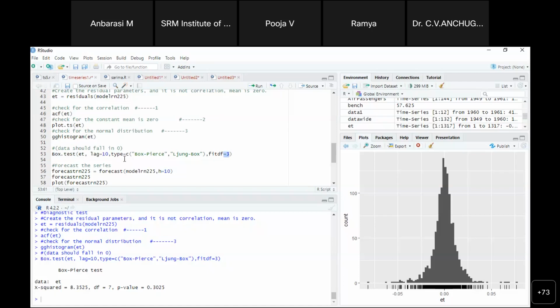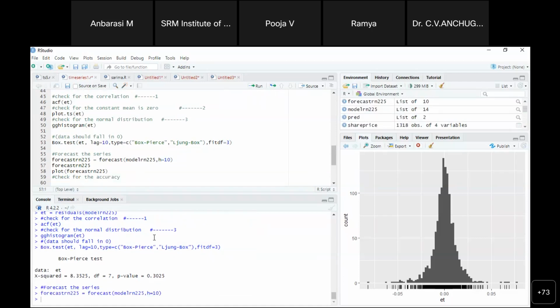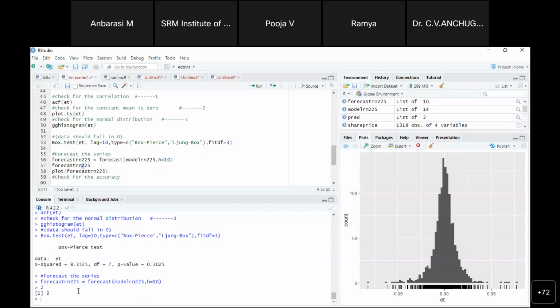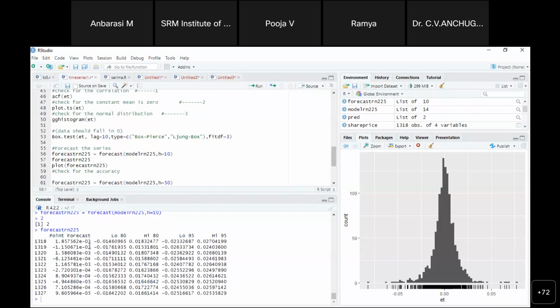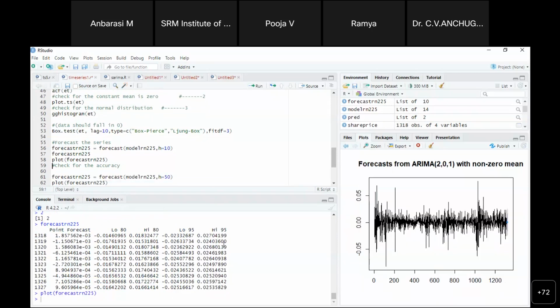Okay, so after performing this test, what you have to do is go for the forecasting. When you go for the forecasting, here we are going to predict the next 10 records for the given model. When you display the next 10 records, this is how you will get the output. When you want to see it as a plot,